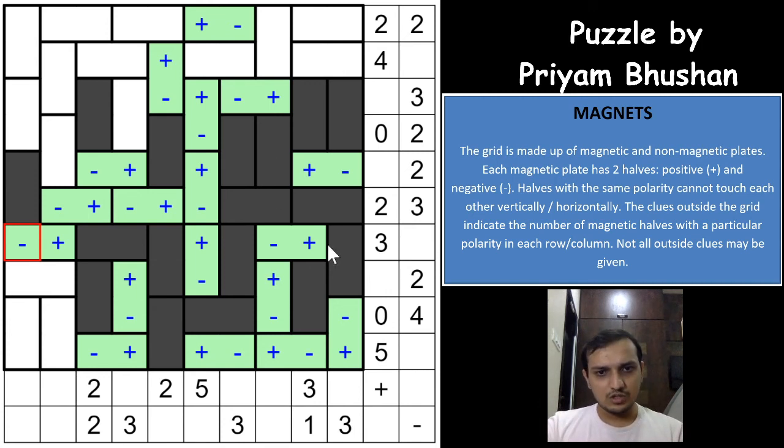Okay, so we need to have 2 negatives in this row, and both of these will have to be, I mean to say, this cell, this region will have to be a magnet for the negative to be there, which means this is positive, this is negative, and we know that one of the positives will have to be in one of these 2 cells, and this cannot be a positive, or this cannot be a magnet at all, because both minus are touching this region. So this will have to be positive and a negative here, right?